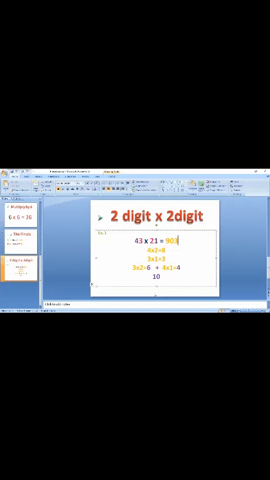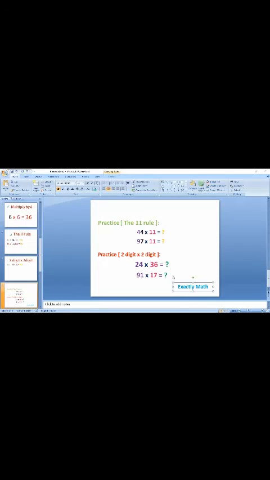And we are going to see another example too. So we have done all three simple tricks on multiplying. Multiplication we have done, and I'm going to give some practice.